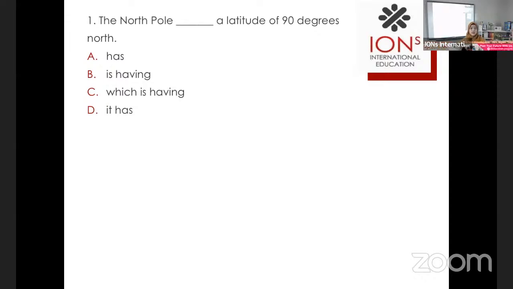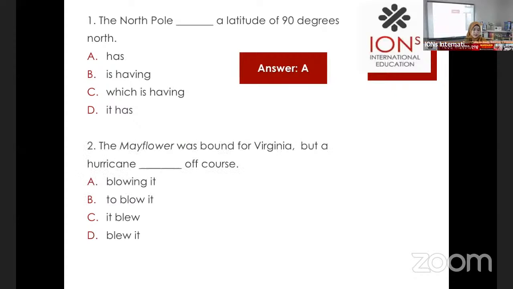Oke. Nah, berarti kita tinggal pilih antara A atau B. So which one? Oke, nah di sini we have to consider the tenses. Tensesnya apa? Ini simple present or present continuous. It should be simple present, right? So here, the correct answer is A. Because it is a fact. Karena ini adalah fakta, right? This is a fact. Okay.